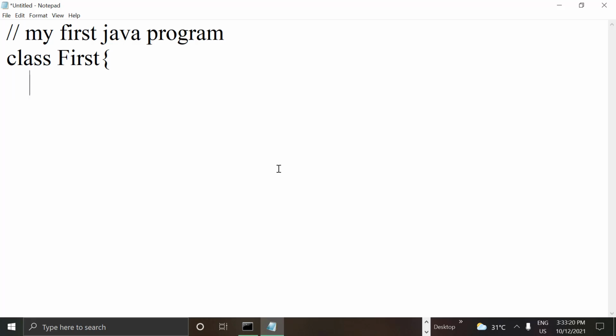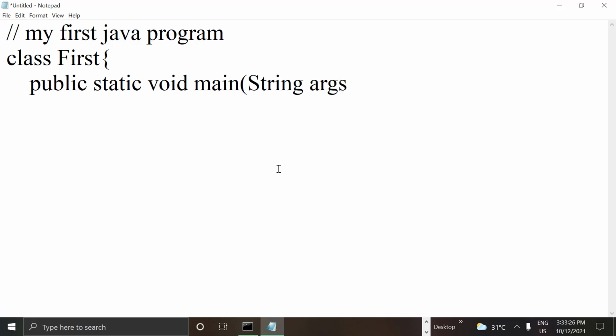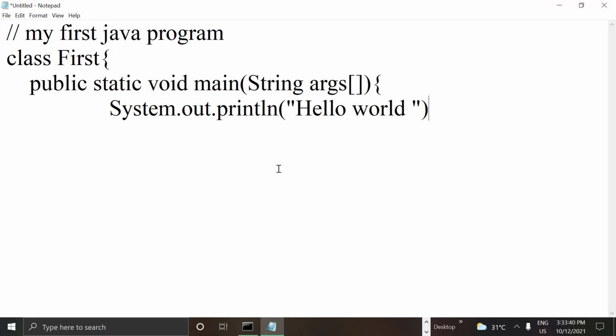And inside the class I'm writing public static void main, and for command line arguments I'm writing String args, and then opening brace. Here I'm writing System.out.println, hello world. That is the message I wanted to print, and then a closing curly brace for this main method, and one more closing brace for the class itself.